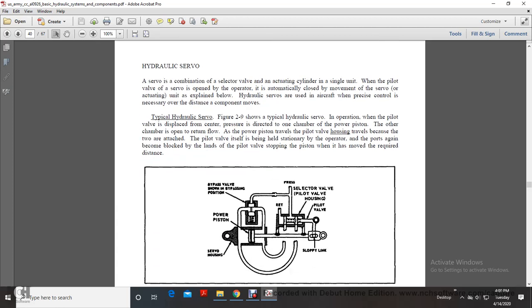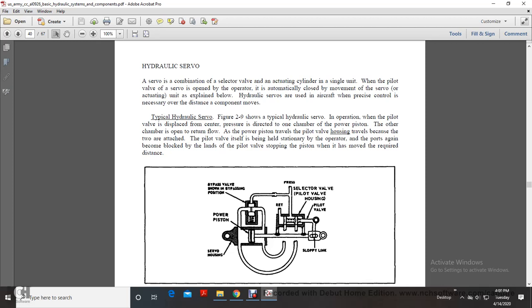Your hydraulic servo. Figure 2.9 shows a typical hydraulic servo operating with the pilot valve placed in the center. Pressure is directed to one chamber of the power piston, and the other chamber is open to return flow. So the power piston travels, and the pilot valve housing travels because the two are attached. The pilot valve itself is held stationary by the operator. The ports again become blocked by lands, stopping the piston once it has moved the required distance. So you have your bypass valve, power piston,